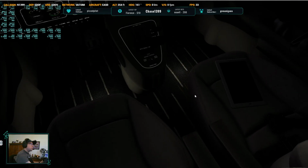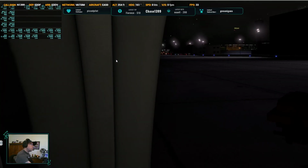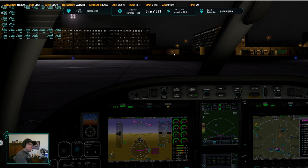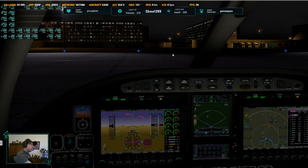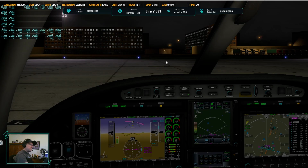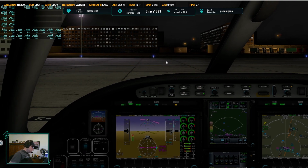Let's do flaps to take off. This is cool. Listening to all these German-speaking folk. Gizmo, where are you, buddy? I'm flying in your native country. Taxi lights. Taxi lights on. And I believe...